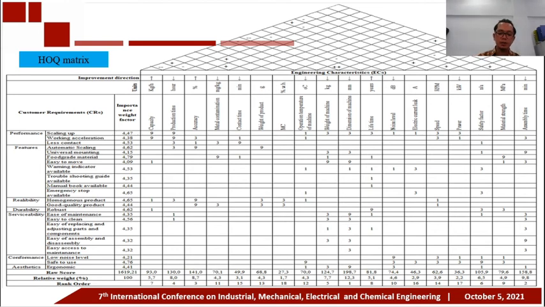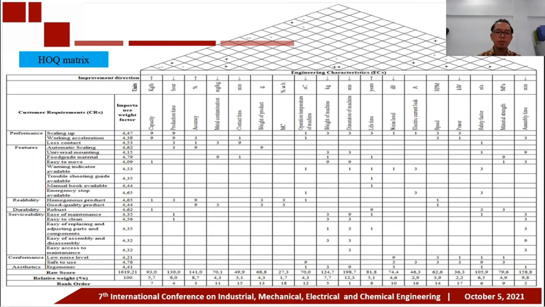We have the highest ranking engineering characteristics like this. The first is dimension of machine, the second is assembly time, and the third is accuracy. These engineering characteristics become the focus and critical parameters in designing the noodle untangling and cutting machine. This highest ranking will be the criterion in evaluating the concept design.